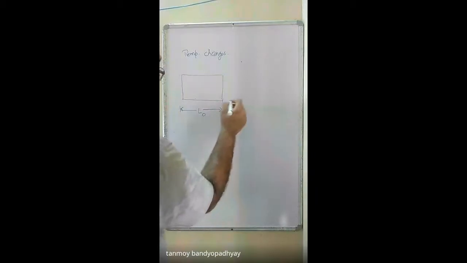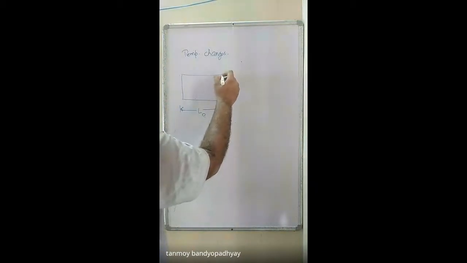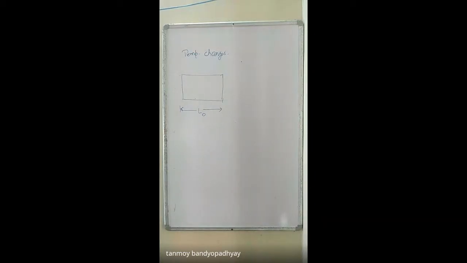So suppose L0 is the initial length, so if I heat this body, will there be any stresses set up on this body? No resistance, exactly. This body is free to move, it is free to expand. How will stresses get set up in this body? Whenever you put a constraint, then only it will be under stresses. You constrain it on one side or both sides, then only the constraint forms stresses. If a body is free to expand, then no stresses will be set up on the body, because it is free, it can do anything, there is no internal resistance.